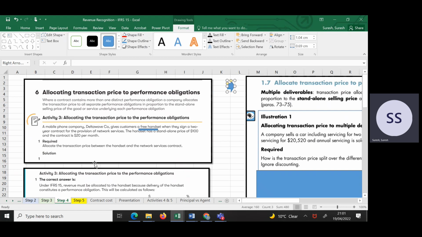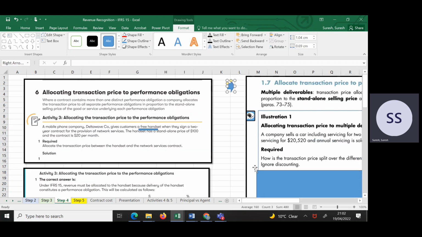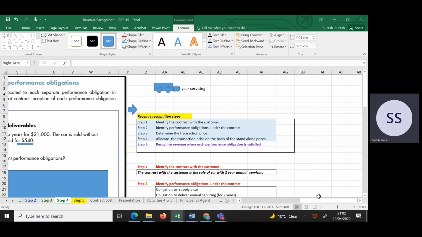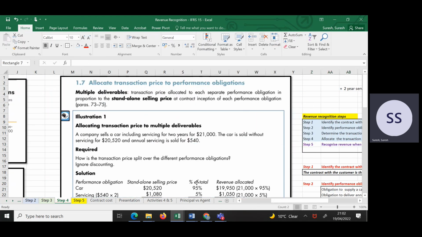In the next video I'm going to cover step 5, which is the revenue recognition, recognizing the revenue, basically this step here. So I think I'll show this